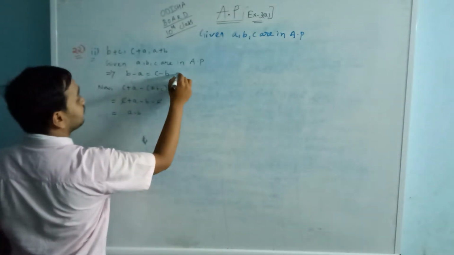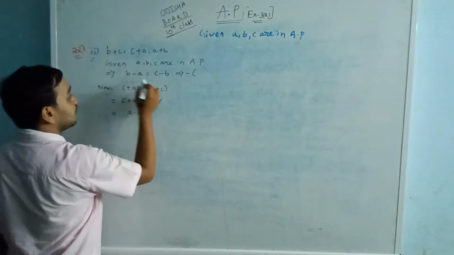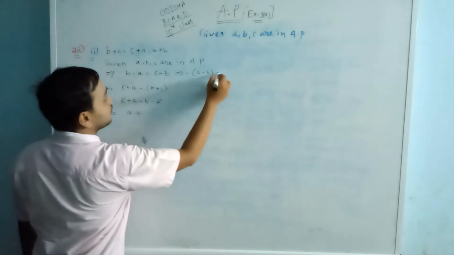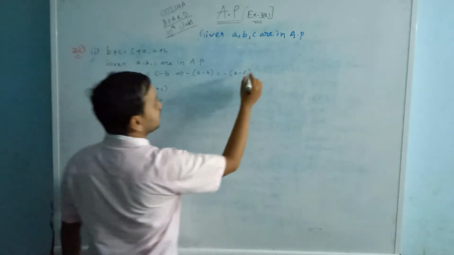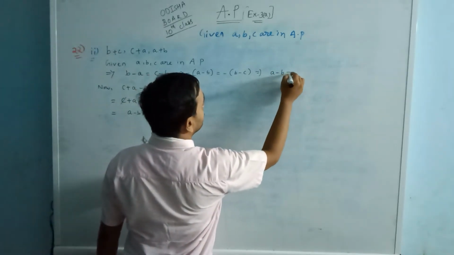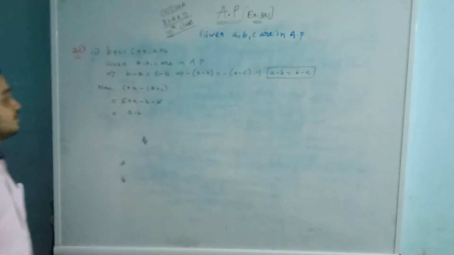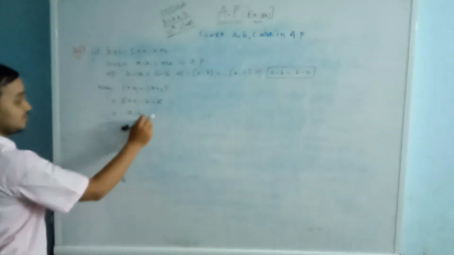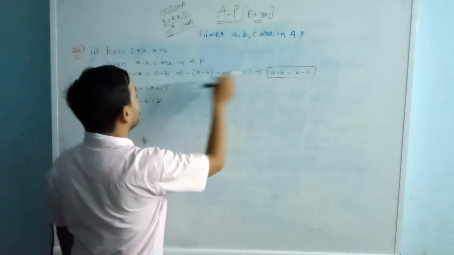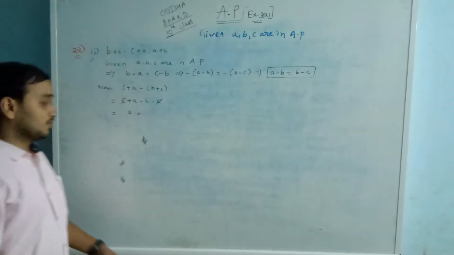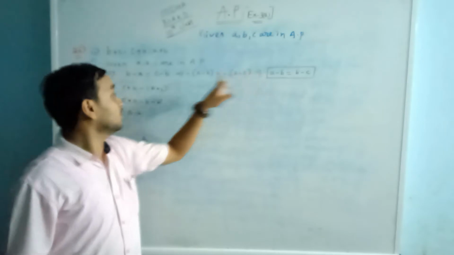Can we derive this? Take minus common. Minus, if we will take common, what? A minus B is equal to minus B minus C. Minus minus cancel. So the term will be A minus B is equal to B minus C. Because we have to find this term equal. B minus A, taking minus common, A minus B, B minus A. This also is equal to this. So what is the term? This is the derived formula of this equation.